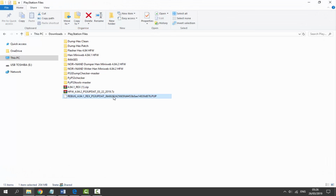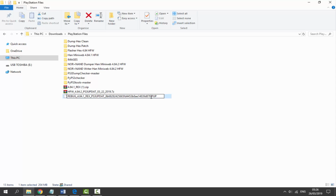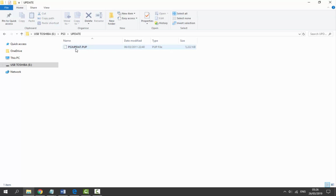Now once that has done downloading, go to your downloads folder and find it in here, right click and rename the file, and of course just delete everything just so it's PS3UPDAT.PUP. So delete all of the text which is in front of it, and it will just end up looking like this. Next we're going to right click and copy this, go onto our PS3's USB, go into the PS3 folder,